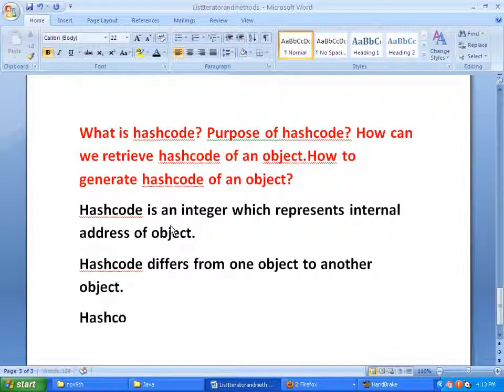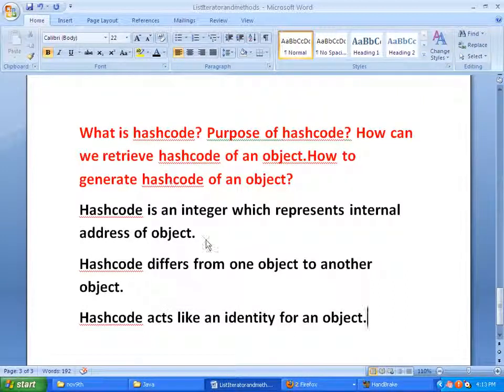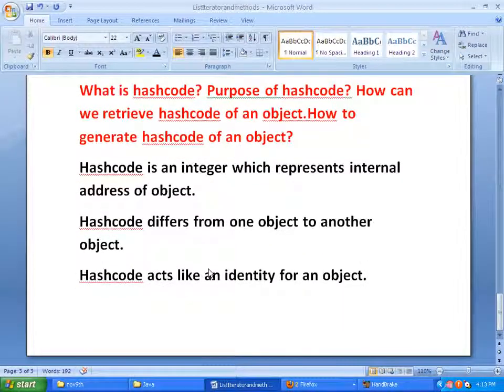Next, hash code acts like an identity for an object. So I repeat once again, hash code acts like an identity for an object.